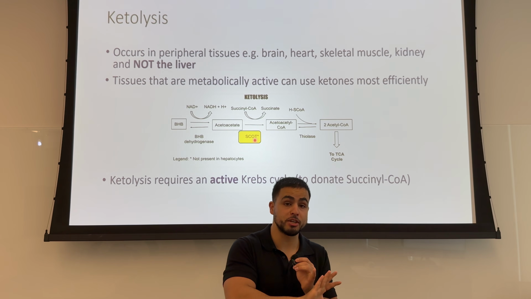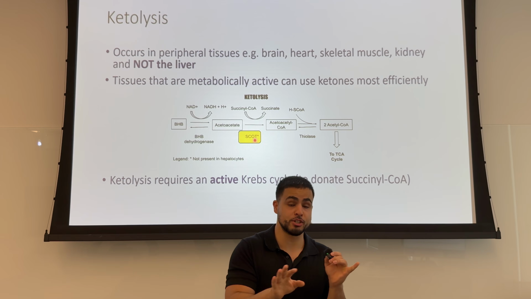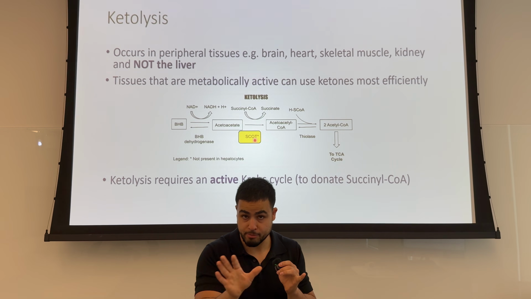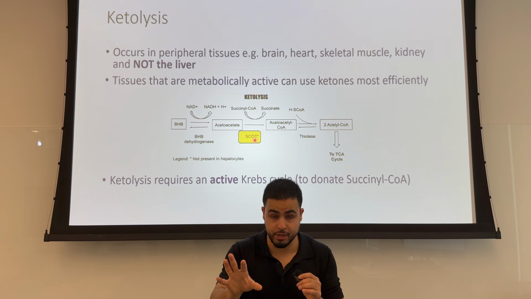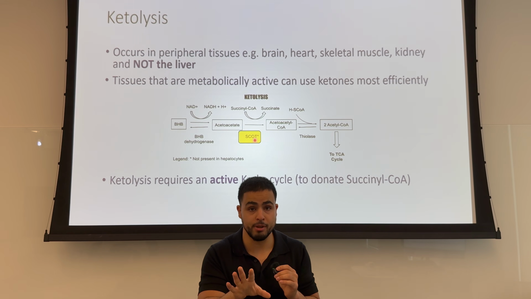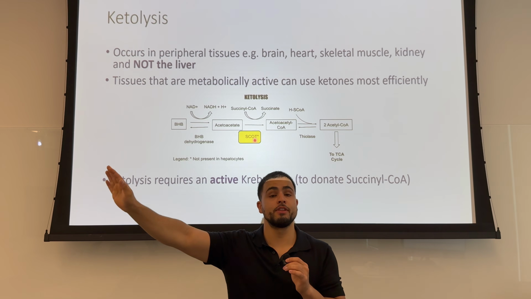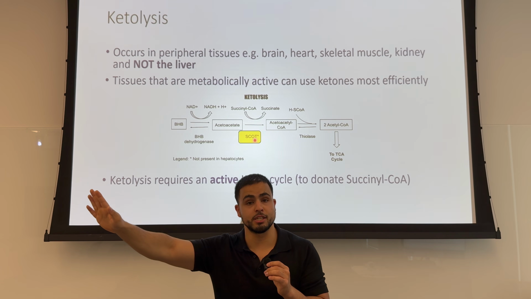So if the Krebs cycle is shut down in the liver, then that means the liver is not going to be able to break down the ketone bodies that it just made, and that makes absolute sense. You don't want to make and break ketone bodies in the same compartment. Rather, you want to synthesize those ketone bodies, send them off in the bloodstream to other organ systems that are